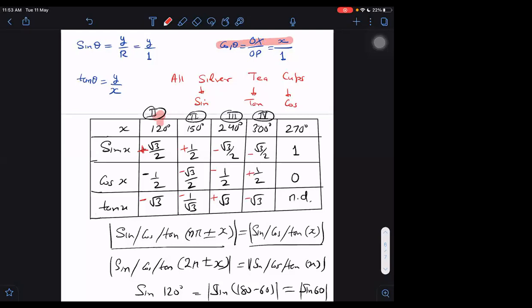Come to 270 degrees. When it is 270 degrees, you can apply the rule of the third quadrant or you can apply the rule of the fourth quadrant. Both will be okay, no problem in that. Because plus 0 or minus 0, does it make a difference? I could take plus 0 or minus 0, it is still 0 only. What about sine of 270 degrees? Sine theta is negative, minus 1.